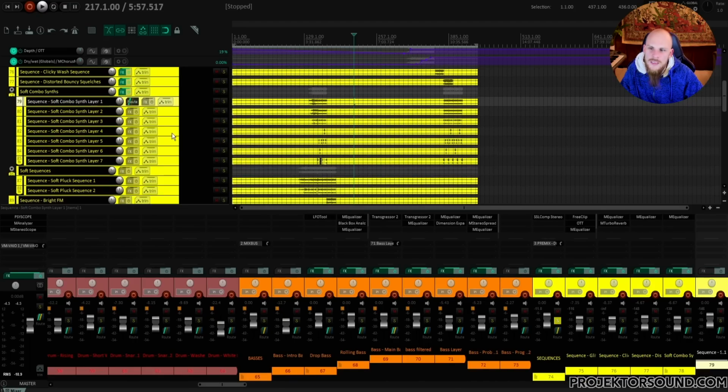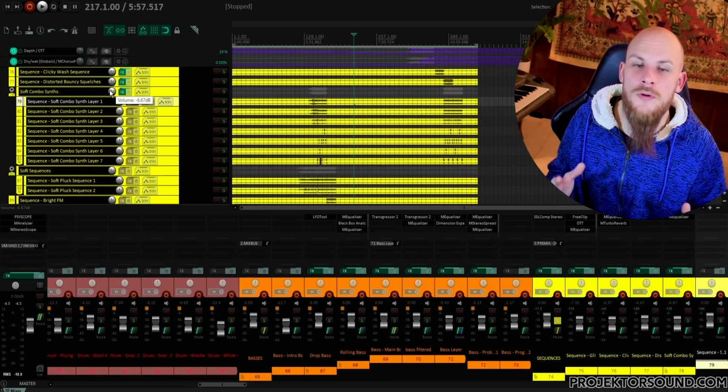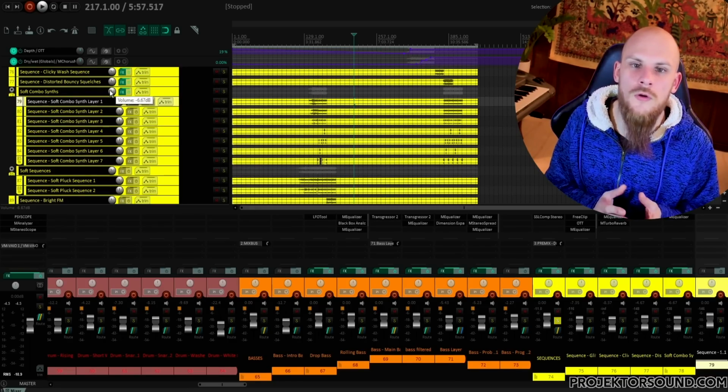And that means that within these groups, I'm usually just setting volumes, and maybe, yes, sometimes you need to EQ one or two individual elements, but most of the actual processing and most of the decision making of the actual mix is going to come on this group here. And this is just one of the simplest ways that you can reduce your workload within an actual